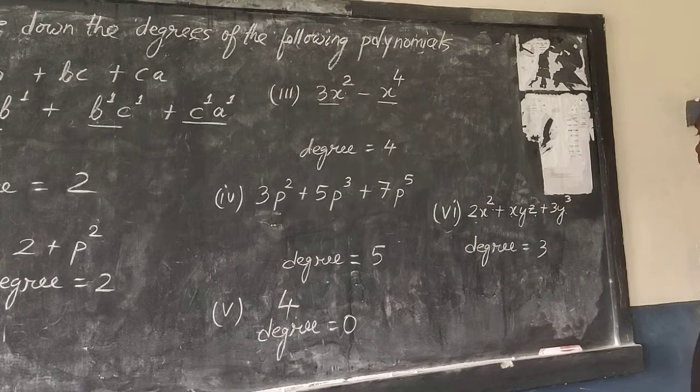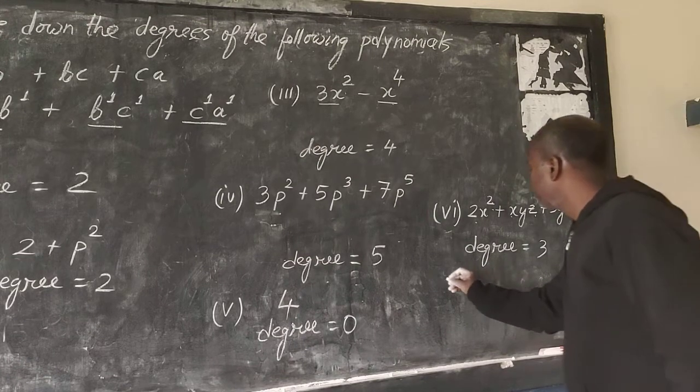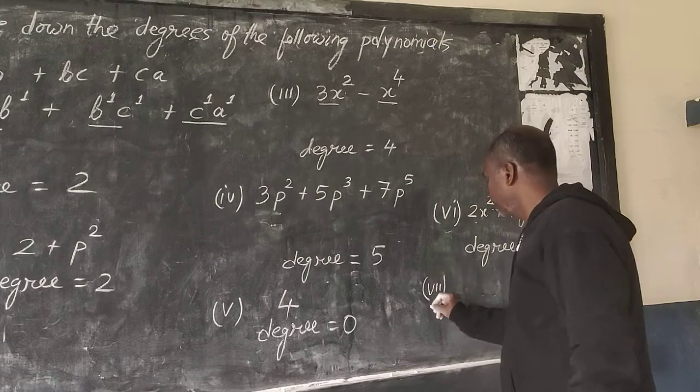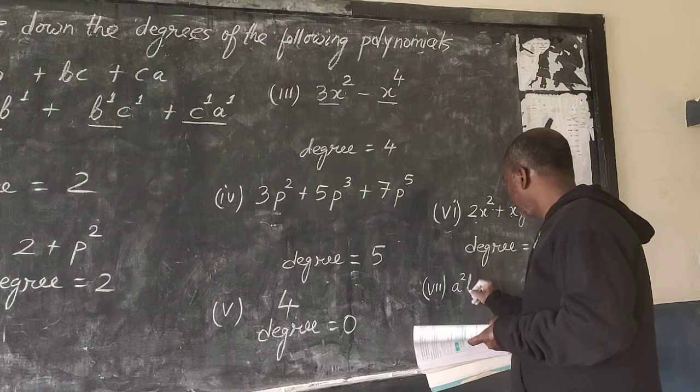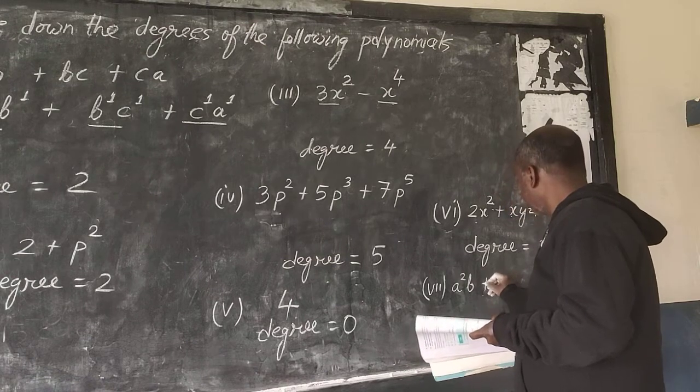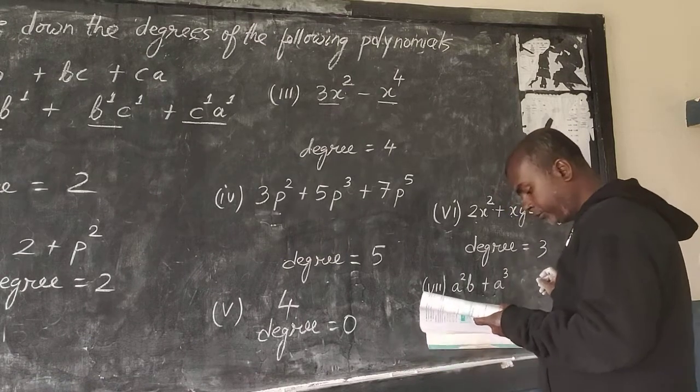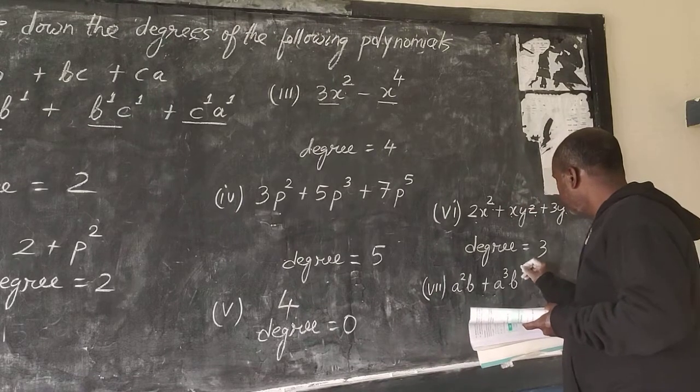Okay, degree is the highest power. Last one, number 7. a square b plus a to the power of 3 b to the power of 2